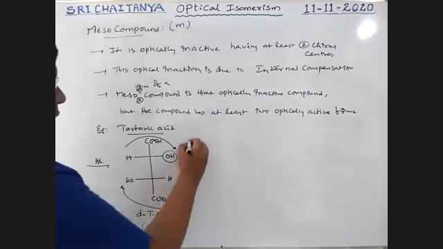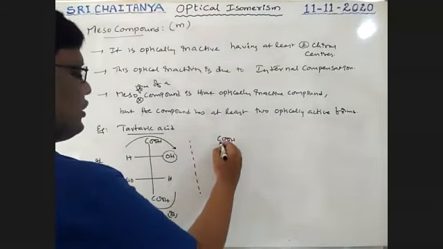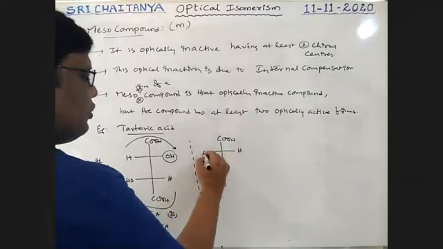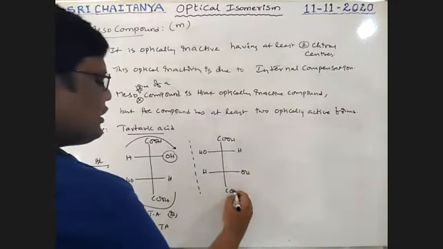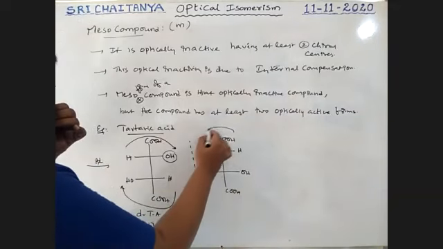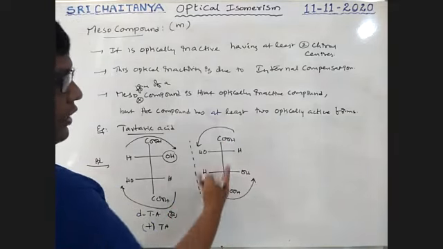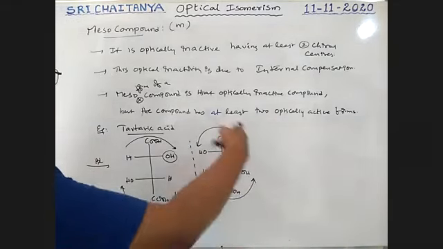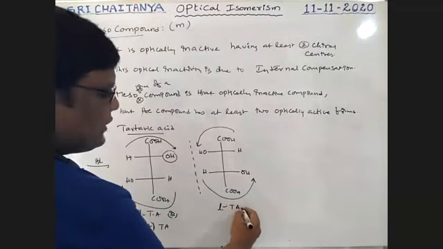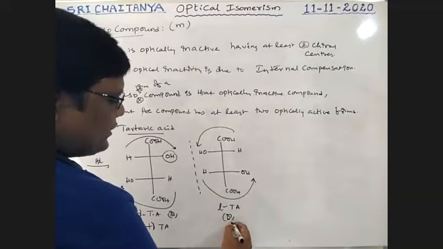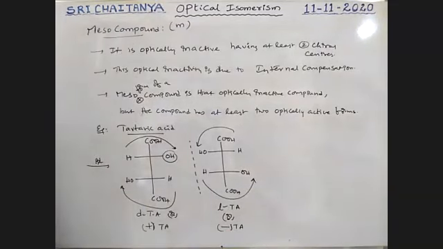Now, its mirror image seems to be like this: COOH, H, OH, OH, H, so COOH, boys. The direction of rotation is reversed. So it seems to be anti-clockwise rotation. So it is levo rotation, that is L-tartaric acid or minus tartaric acid.